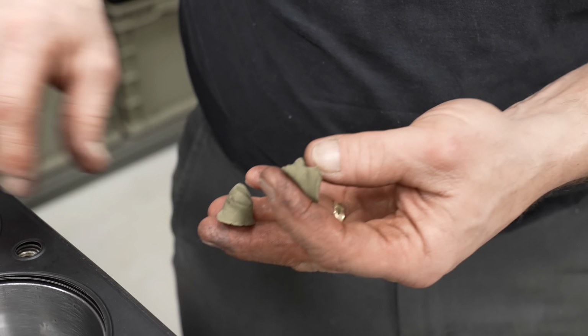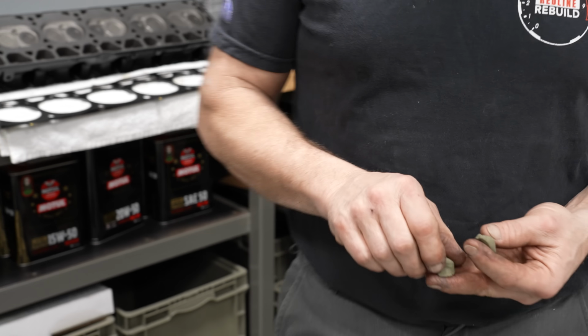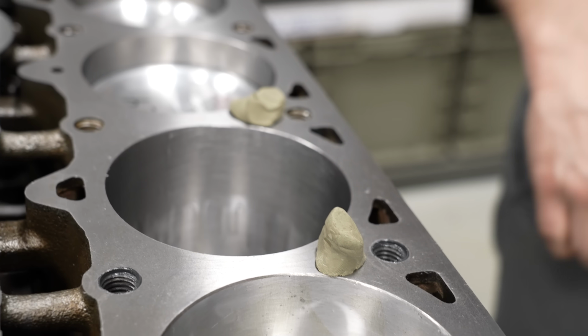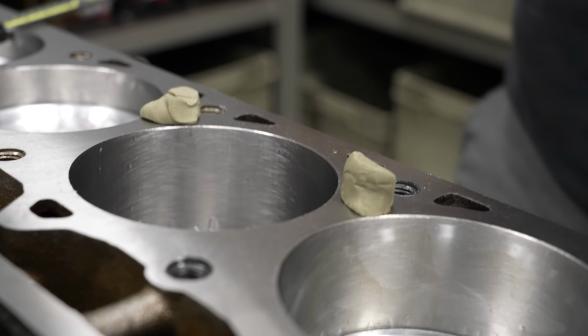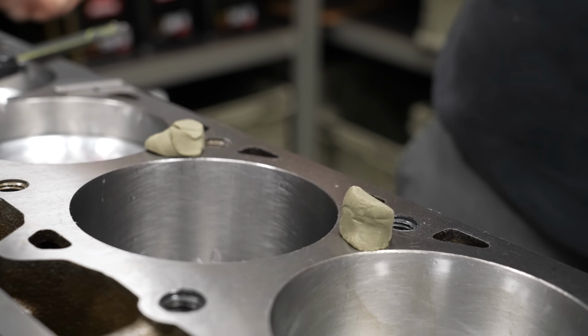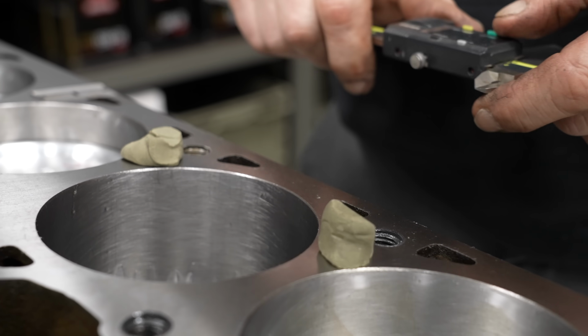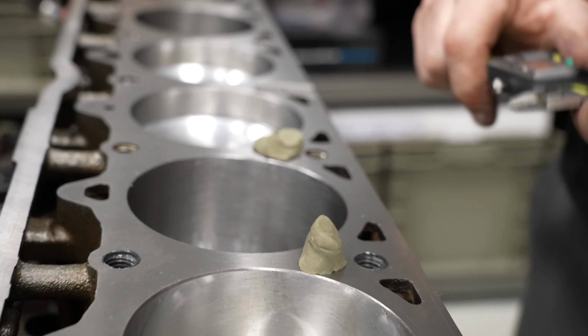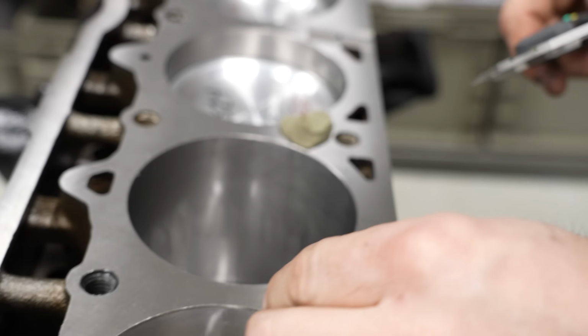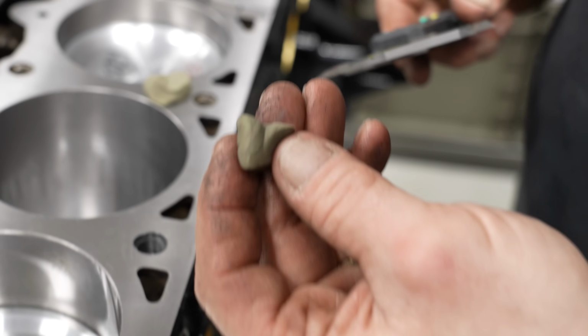All right, so let me get this head gasket out of the way. This is our exhaust clearance. This is our intake clearance. Now, the general rule of thumb is at least 100 thousandths on everything. And some people like to see higher, obviously on the exhaust, because that tends to grow more. And I'm gonna tell you right now, we got no issues here